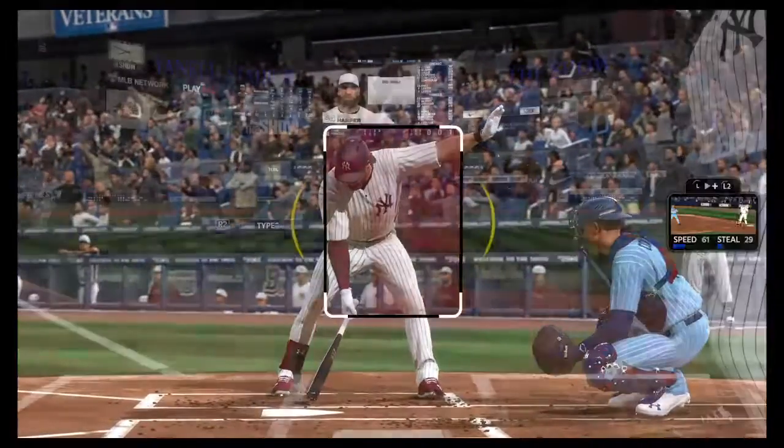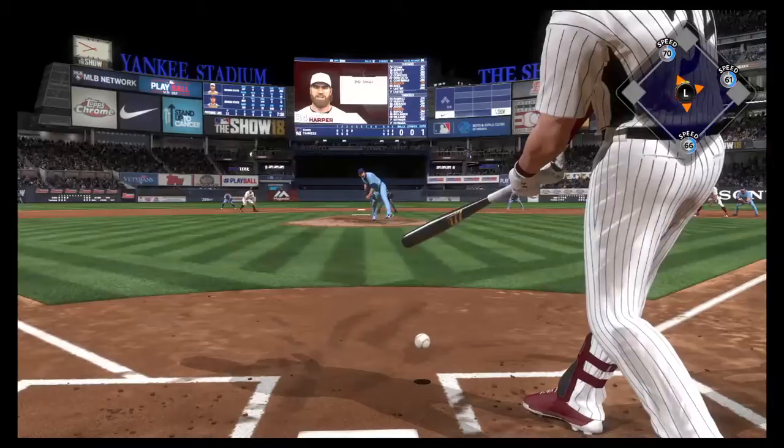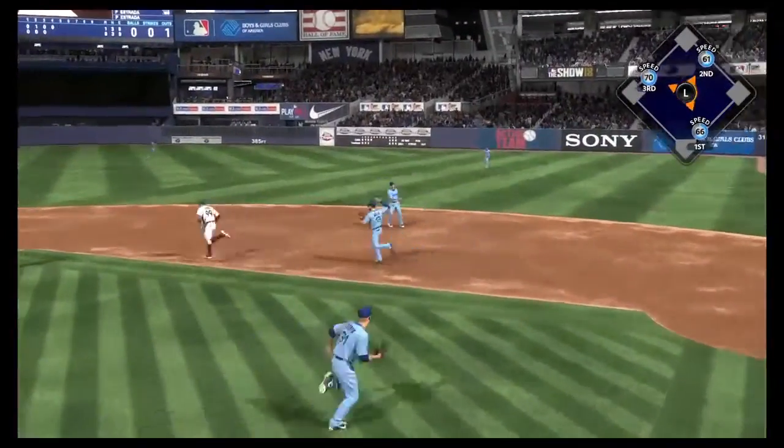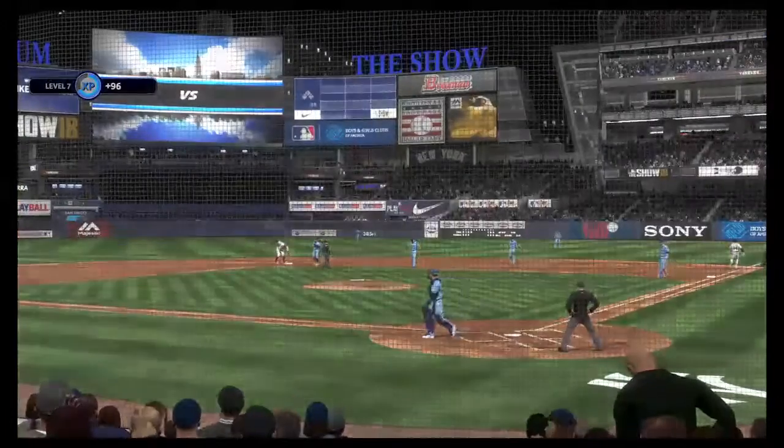Here's Bryce Harper now, as he'll look to bring home that tying run from second with a base hit into the outfield. Ground ball right side. The tag, and he is out onto the pitcher covering it first, and it's